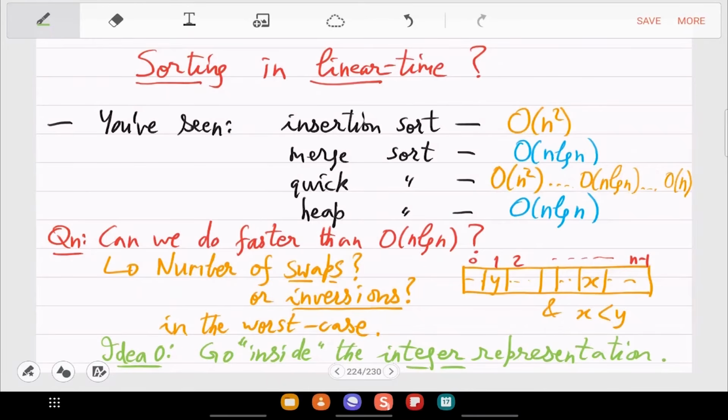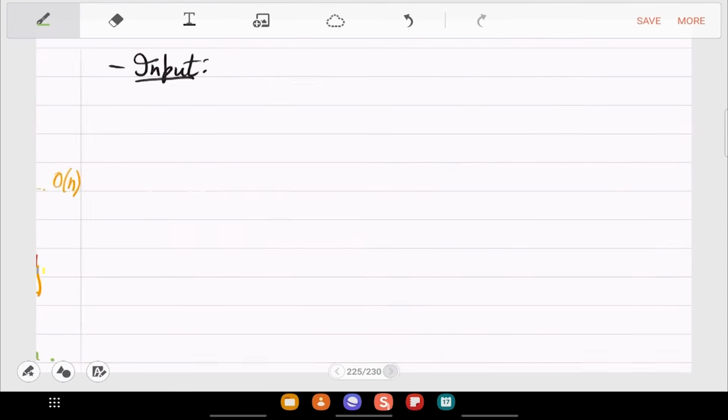So don't only look at the sorting of integers, and don't stop at comparison of integers, but actually go inside and see how the integer looks. Use the integer representation in more detail. That is how we will make this faster. So it's not just a comparison thing, but we are actually breaking up the integer and seeing its pieces or its digits.